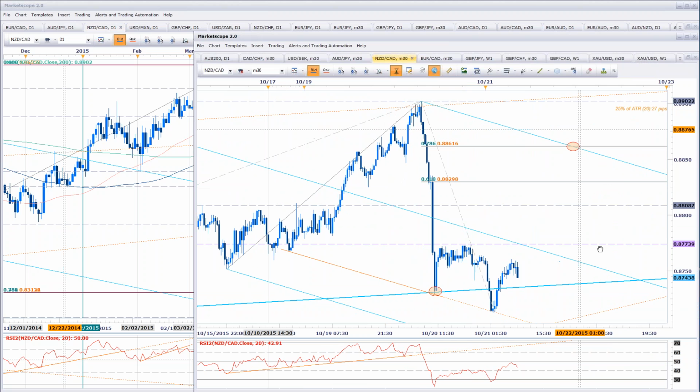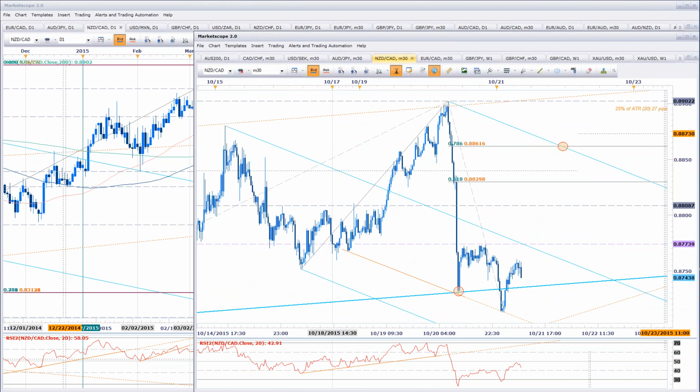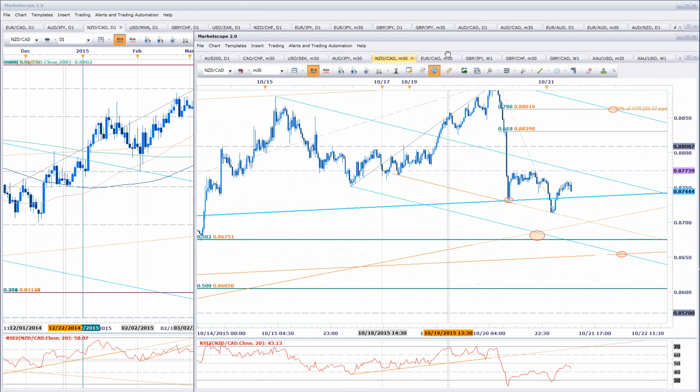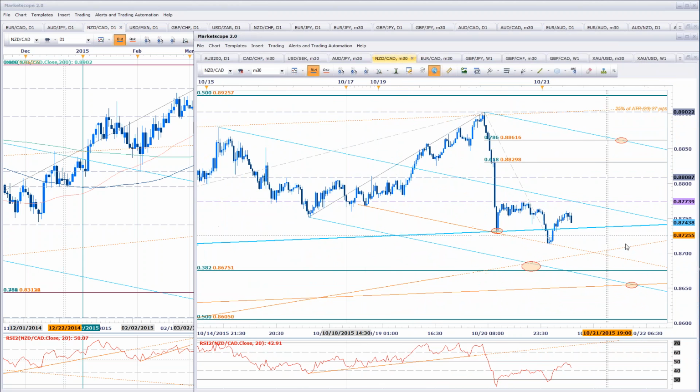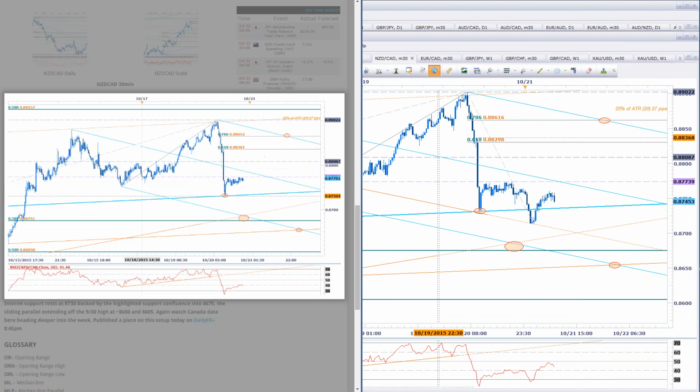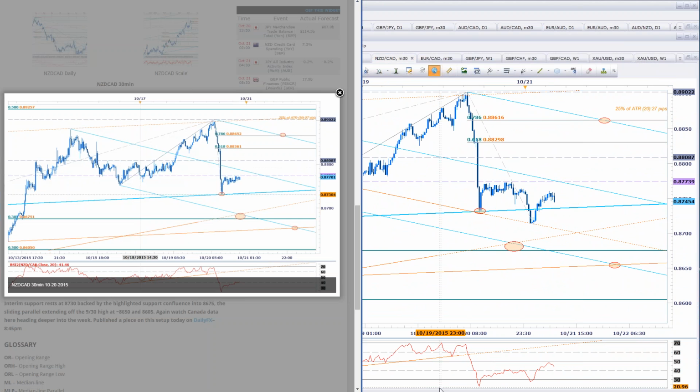So with what we were talking about with the Kiwi, what we were talking about with the CAD, this setup right here is a good way to play both of those, especially if you get a strong reaction today. But here's what it looked like last night on the intraday, and here's what we're looking at now. Okay, we were holding just below 87.74, which was near-term resistance. You can see it here in magenta. Again, here a very clear and definitive Asia Pac opening range broke to the downside.